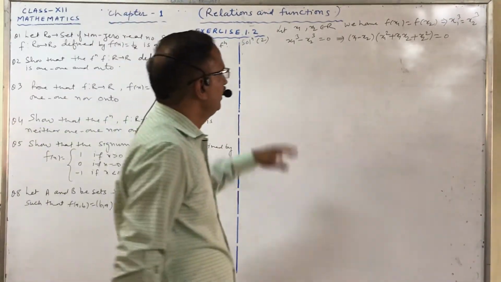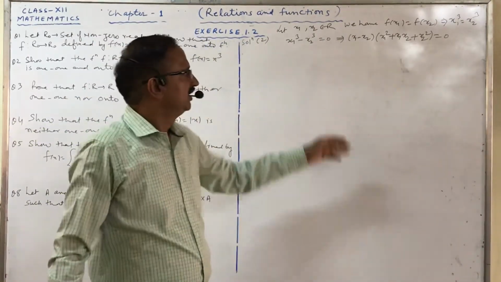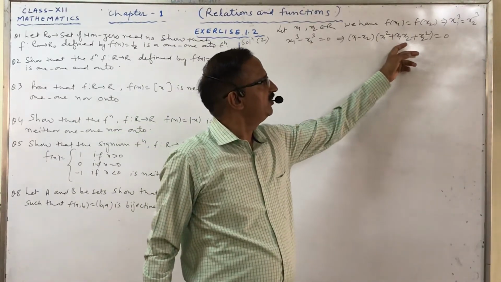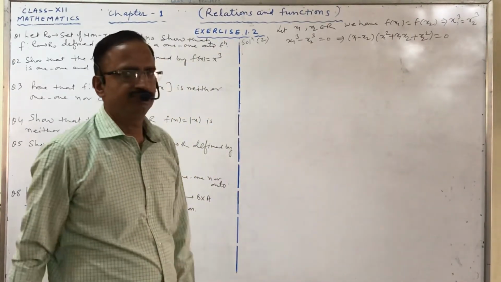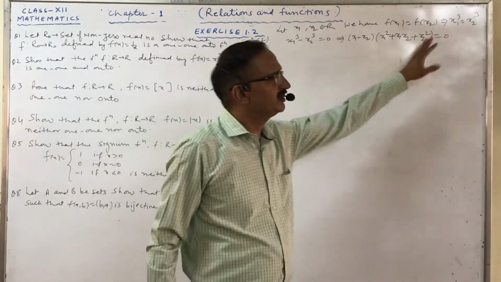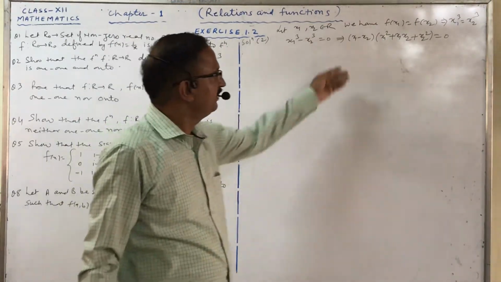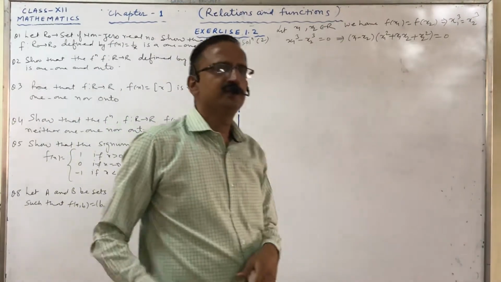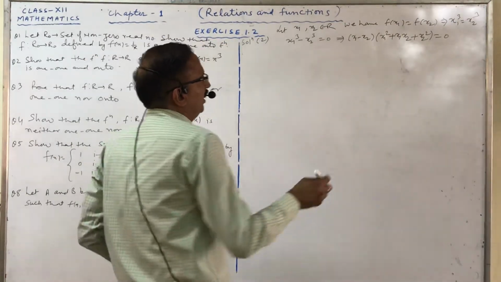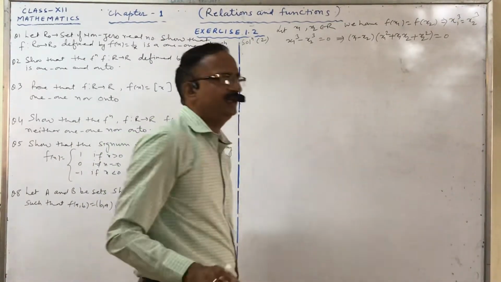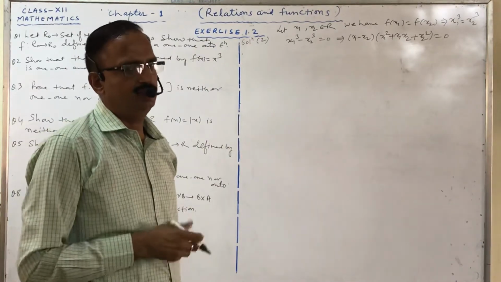By using the identity a cube minus b cube, this is a minus b, a square plus ab plus b square. Now the product of these two numbers is 0. Either the first one is 0 or the second one is 0. Now we will make some changes in the second